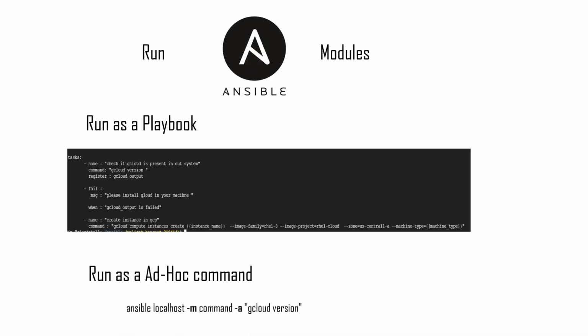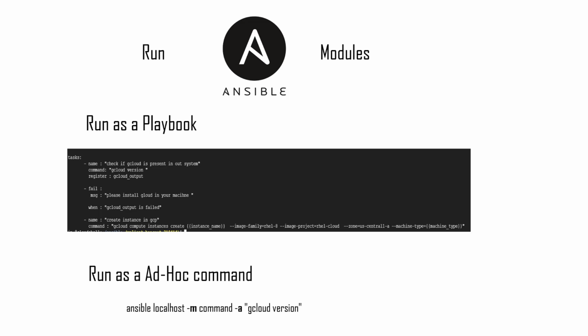So now that you have your module, the next thing is how do you run your module? There are two ways in which actually you can run your module. The first way is basically within the playbook itself. So this is an example of the playbook that I ran previously, and this contained the command module. So if I put the command module within the playbook and I run that particular playbook, the module within it would also run. But if you want to just run that particular module and nothing else, then you can run it using the ansible command instead of the ansible-playbook command that you use to run your playbook.